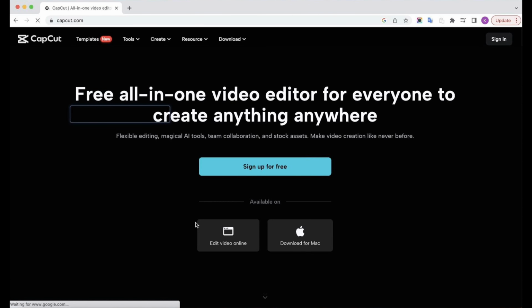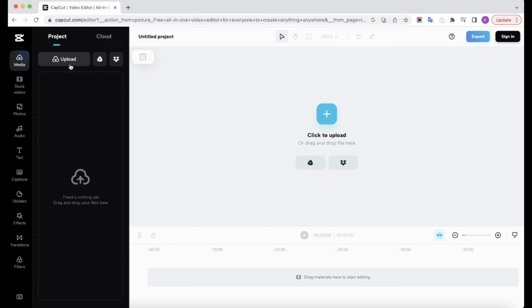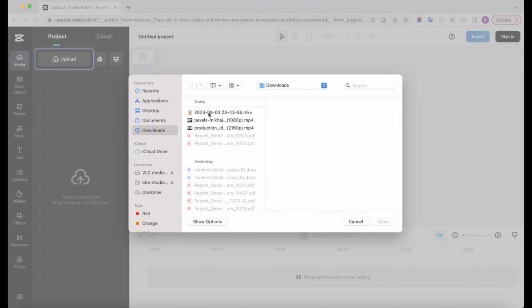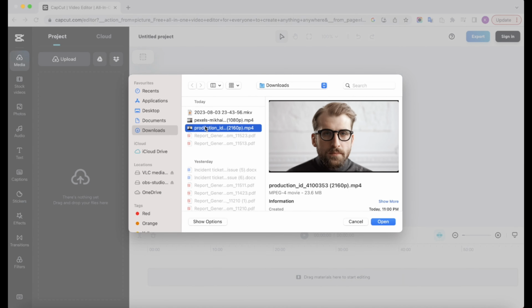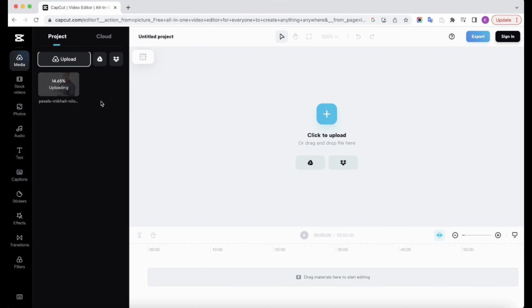Most people associate CapCut with the mobile video editing experience, but you can also edit videos directly on the web or via a desktop app. To get the web experience, simply head to the website CapCut.com. Then you can click on this button that says Edit Video Online, and that opens up the full-blown editor on the web. The one downside with this web is you have to upload all of your clips to the cloud first before you start working on your project.